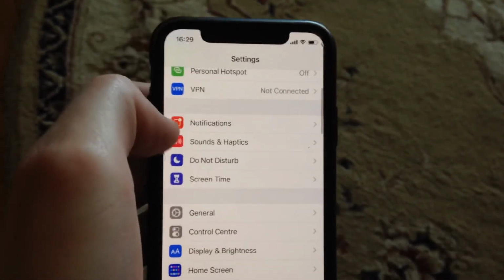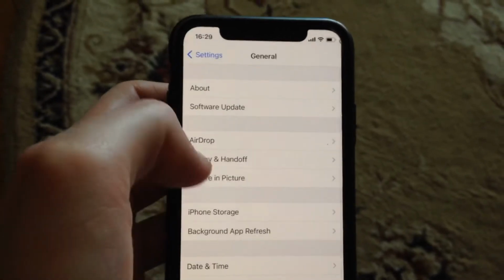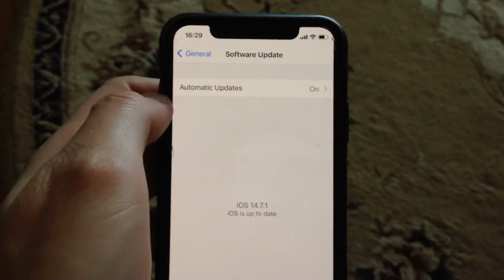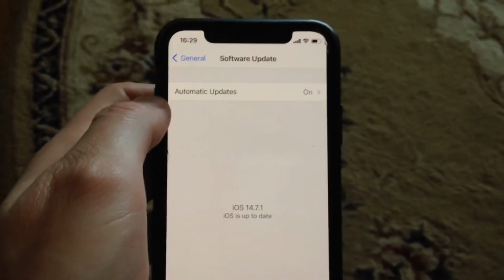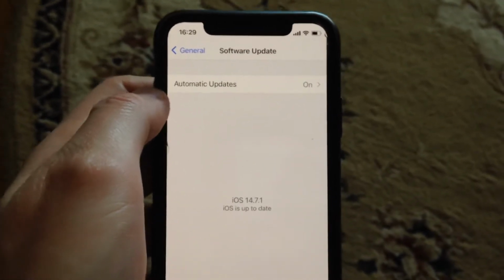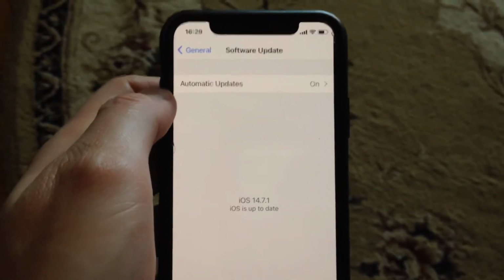And if you still have this error, you can also go to General, open Software Update, and check if you have available updates here. If you have, just tap on Download and Install and wait until it successfully installs the latest updates for